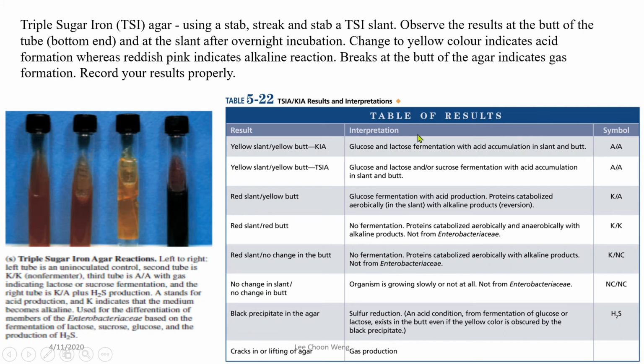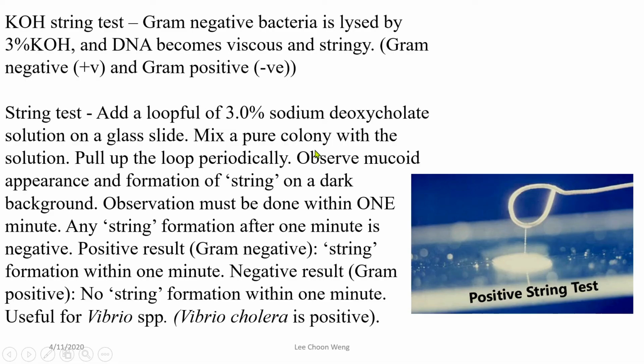So these are the different results that you can get and the interpretation of the results. This is the symbol that is usually used to represent the results obtained from the TSI agar. Next, we'll talk about the